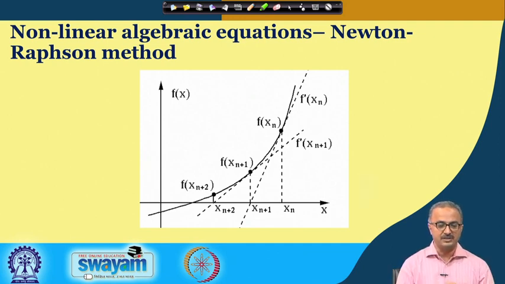This is a carryover from my last lecture in which I started with the Newton-Raphson method, and as I told you, the Newton-Raphson method is a very fast and efficient method, but the only thing is that it becomes cumbersome because at each step you have to calculate the derivative of the function at the new estimated point.